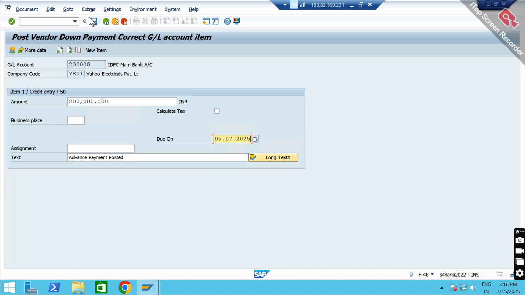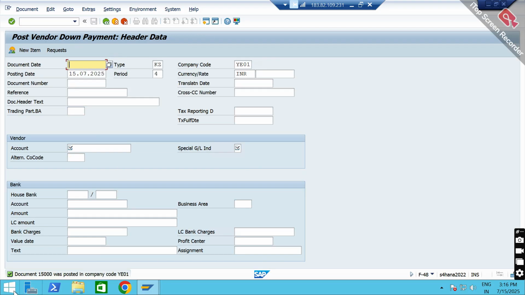Due date. Okay, and then post. Okay, so now the document was posted as 15,000. Why are we saying this number? Because with the KZ document type we have given this number. Now if we check the OBA7,